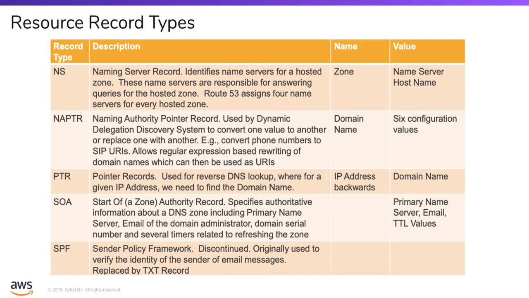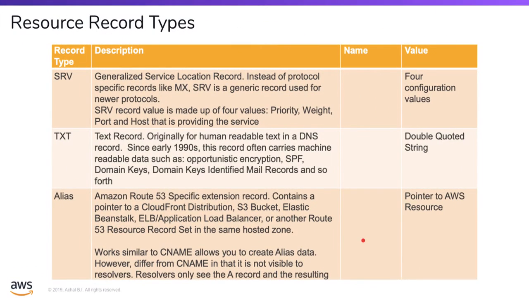There is also a record type called NS, which will actually hold the name server records, and you have a few more record types. Please go ahead and check all of those. SOA is used for saving your name, email, and TTL values, which could be used by your DNS resolvers. There is also another option for reverse IP address tracking, where you give the IP address and you would reach the domain names. There is also a few configurations that you could do here. There are also a few more record types, but most importantly, we can see that alias is primarily